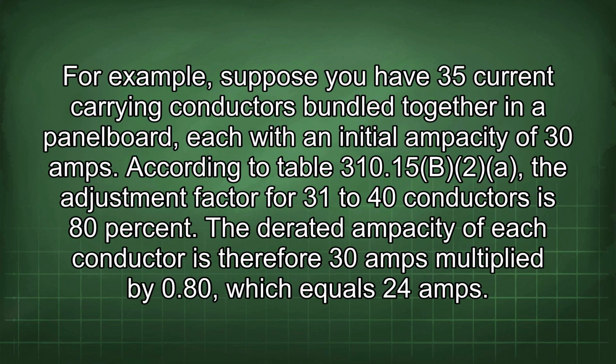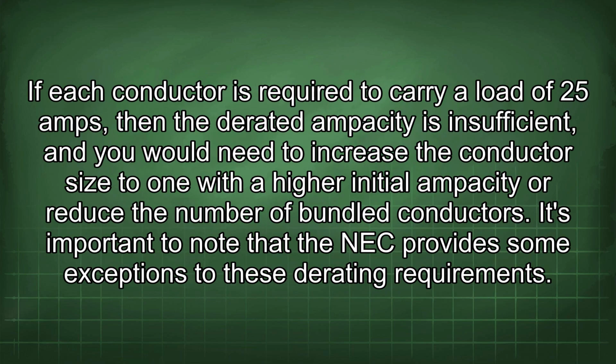reduced. For example, suppose you have 35 current-carrying conductors bundled together in a panelboard, each with an initial ampacity of 30 amps. According to table 310.15(B)(2), the adjustment factor for 31 to 40 conductors is 80%. The derated ampacity of each conductor is therefore 30 amps multiplied by 0.80, which equals 24 amps. If each conductor is required to carry a load of 25 amps, then the derated ampacity is insufficient, and you would need to increase the conductor size to one with a higher initial ampacity or reduce the number of bundled